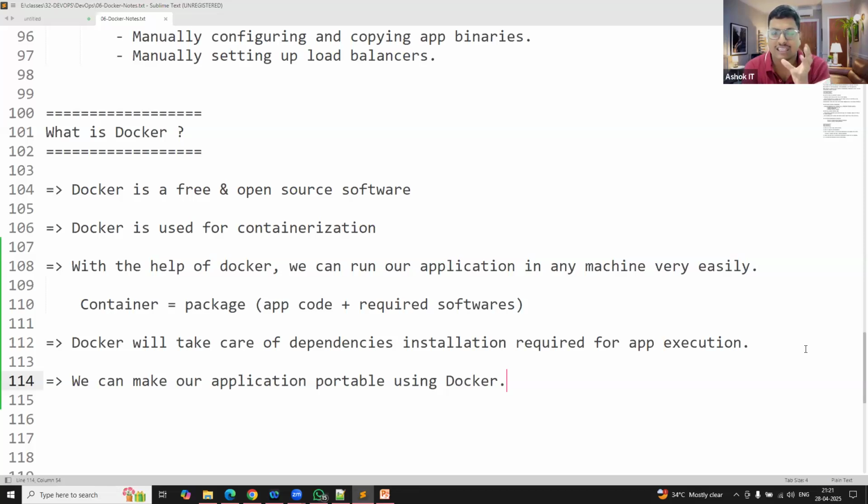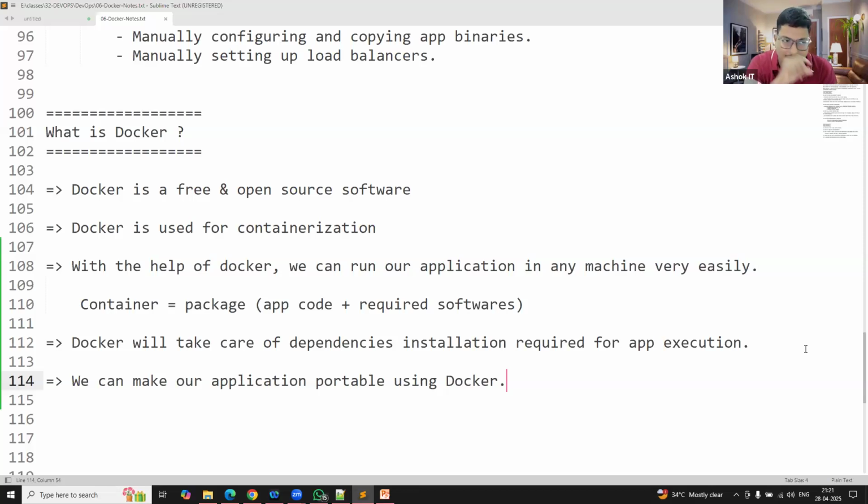Whatever software is required to run my application, I will tell Docker, hey Docker, to run my project, this software is required. Then Docker will install that software on the computer and it will run my application. Now, if I have Docker, I can run my project on any machine very easily because software installation, versions, configurations are not my responsibility. That will be taken care of by Docker.